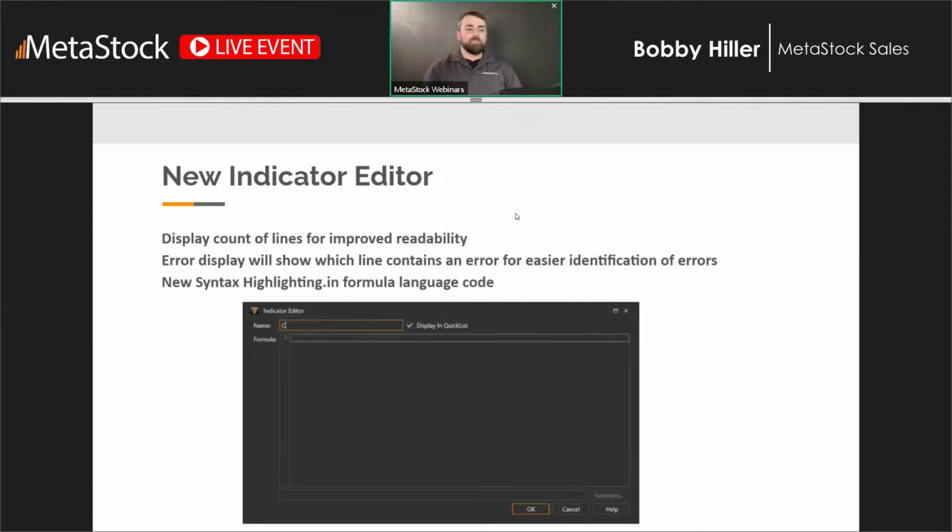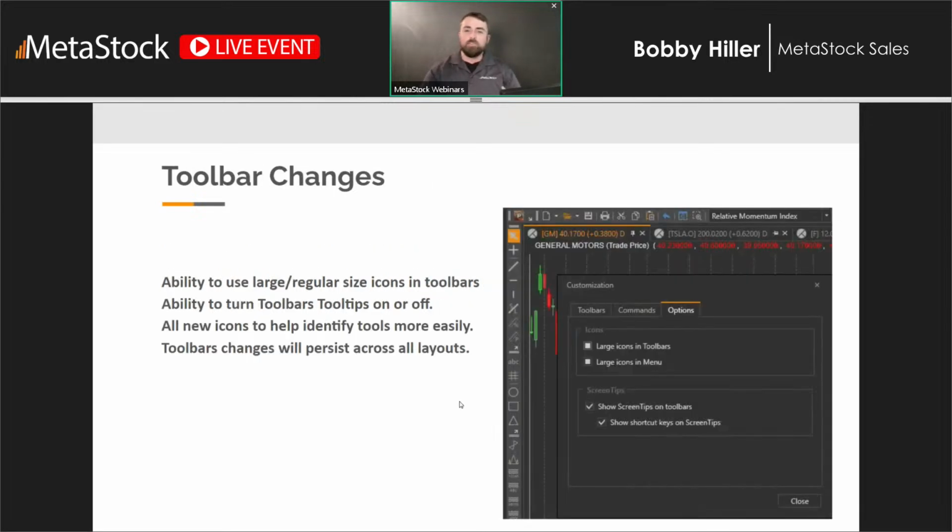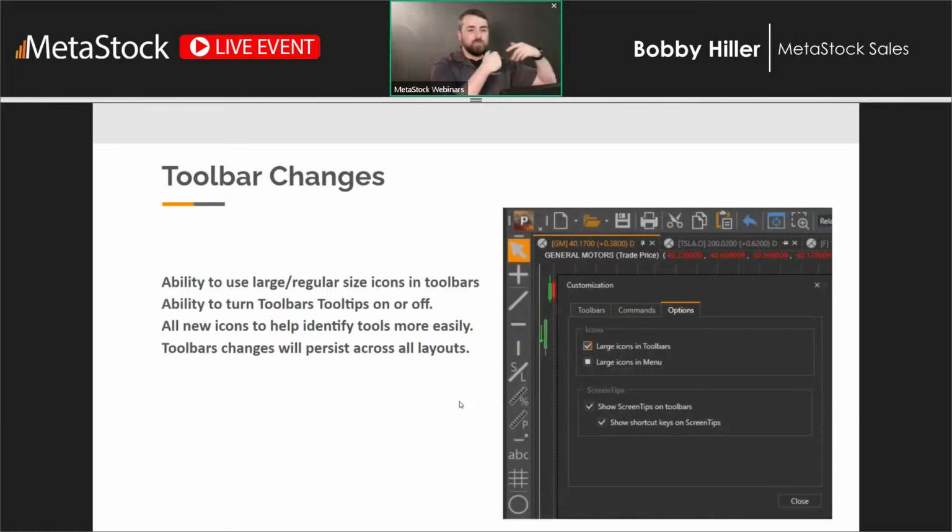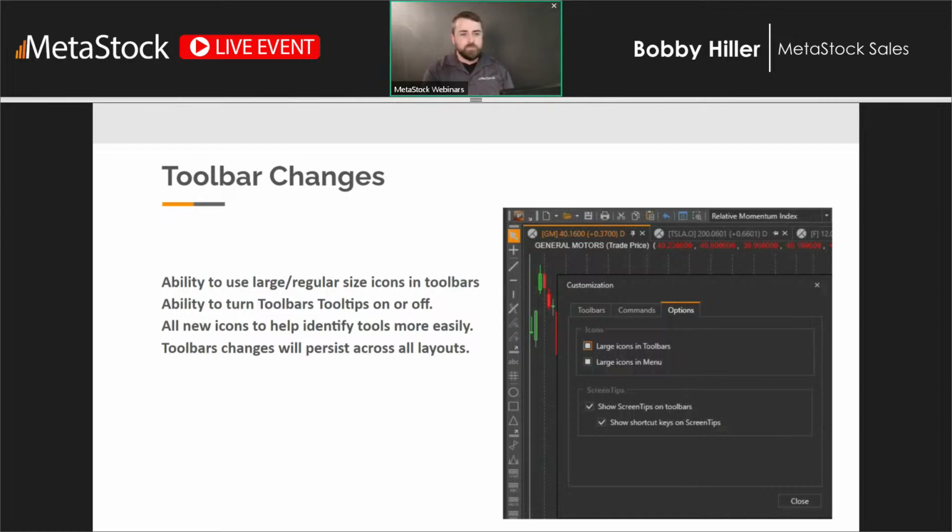A new indicator editor. So I actually really like this. If you do like to create your own indicators and things of that nature, you'll now see that there's color coding on things for the different syntax. So whether you're looking at the close or the open, etc., that's going to be color coded. You can see the C is now blue. It's also numbered now. So line 1 will have a 1 and then a 2, 3, 4, 5, 6, 7, 8, 9 instead of just being a full list of things. Also, if you ever run into an error, if you type something wrong, now you'll get an error message that tells you where the issue is in the code. So it's really easy to just go back in and make any corrections to your custom formulas and indicators and things of that nature.